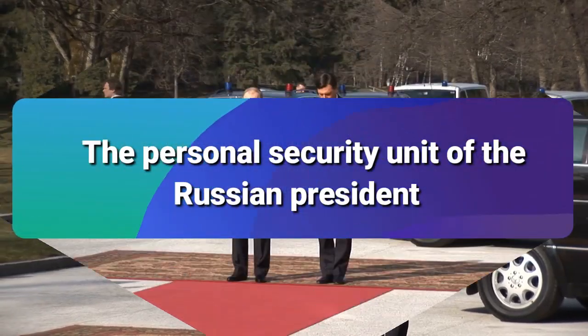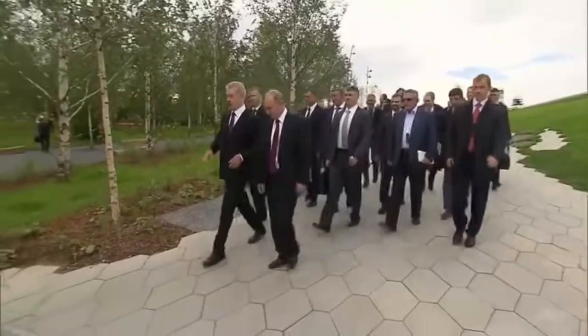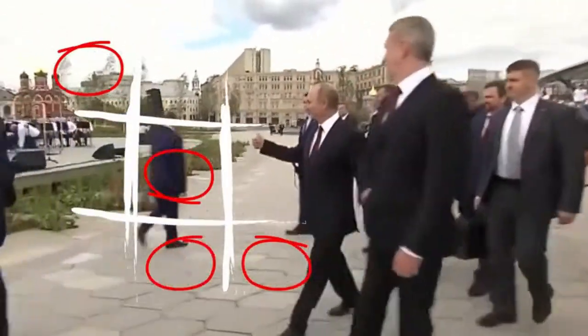The personal security unit of the Russian president is the team with the most qualified members and the most advanced training in the country. We have compiled all of the facts that we are aware of regarding the operation of